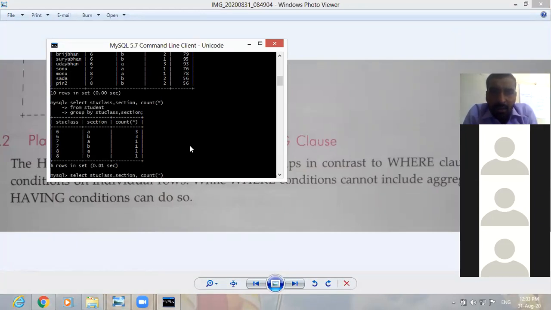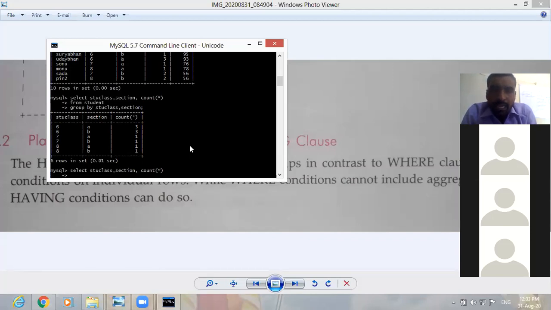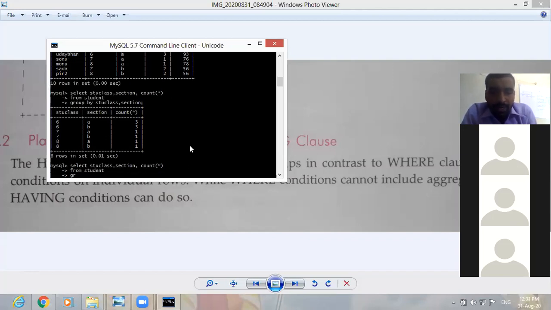Let us write select stu class, section, count. Then let us write the from clause, from student. Now write group by. Which field do you want to group by?